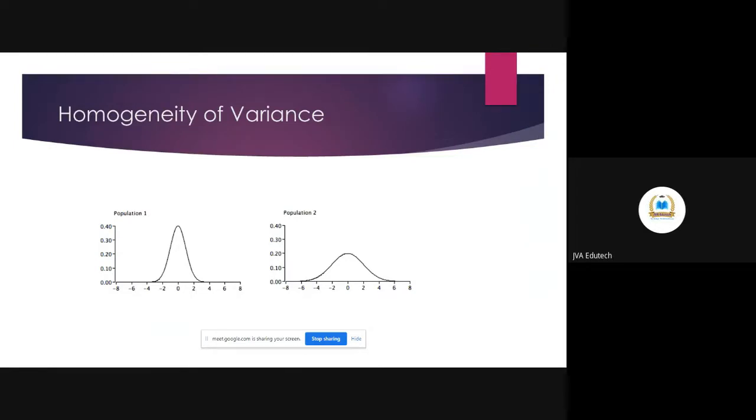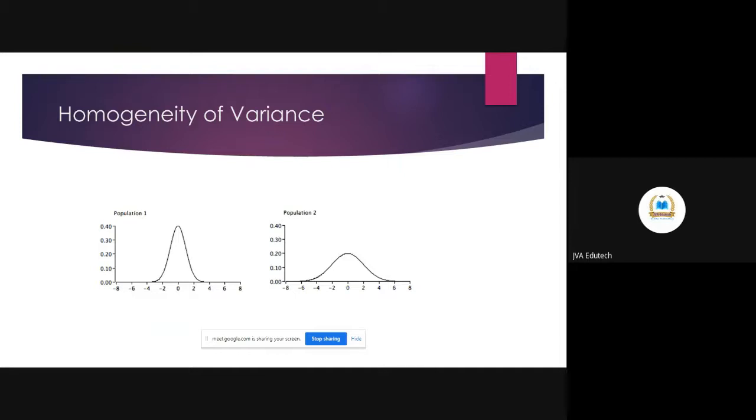Homogeneity of variances, also known as homoscedasticity, says that the variance, that is the change happening in both the groups, in both the populations, is the same or different. Like you see in the case of population 1, the variance that is happening, and in the case of population 2, the variance that is happening.